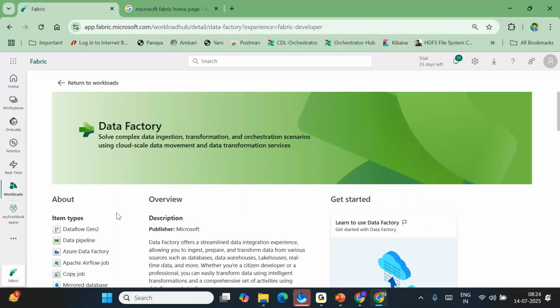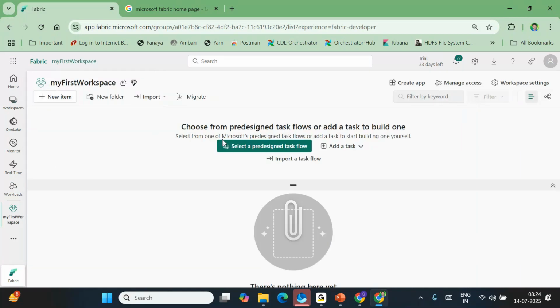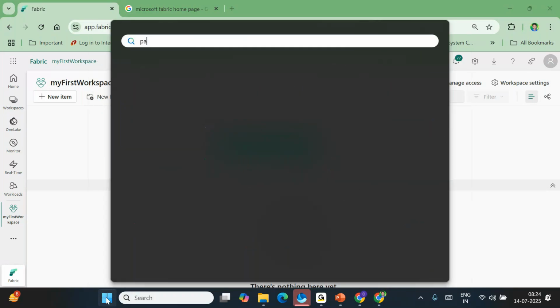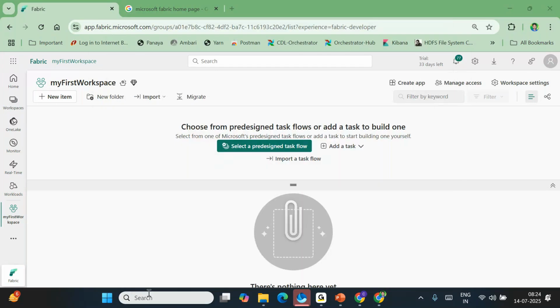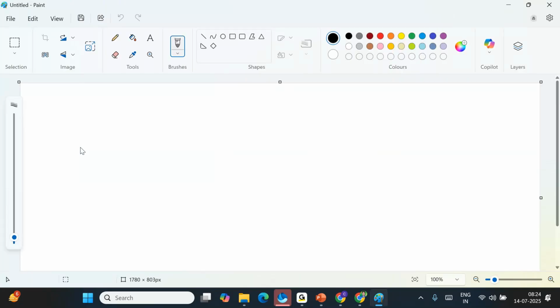But to make the thing simple for today, I'll go to workspace, my first workspace. In this, today what we will do is try to create a lakehouse. See what I'll be doing for today's lab.